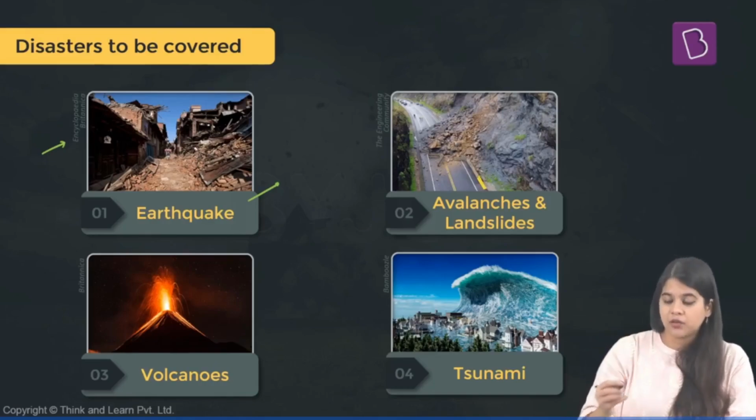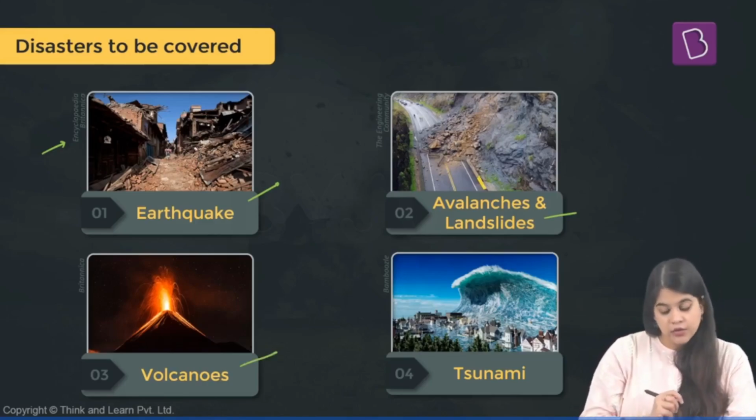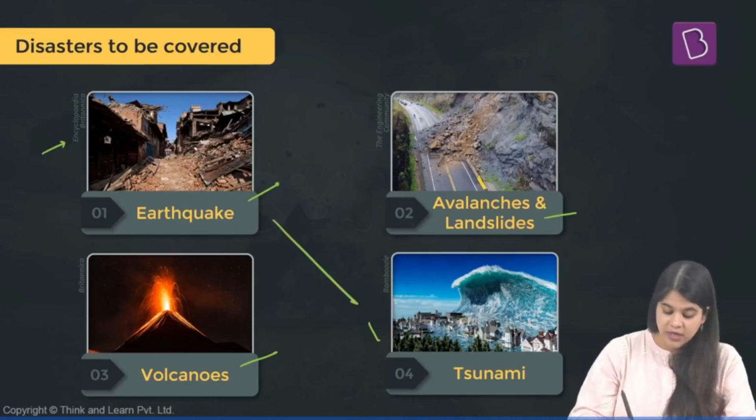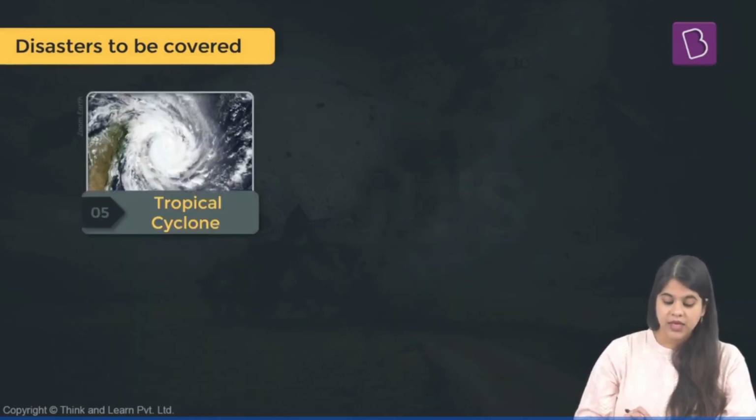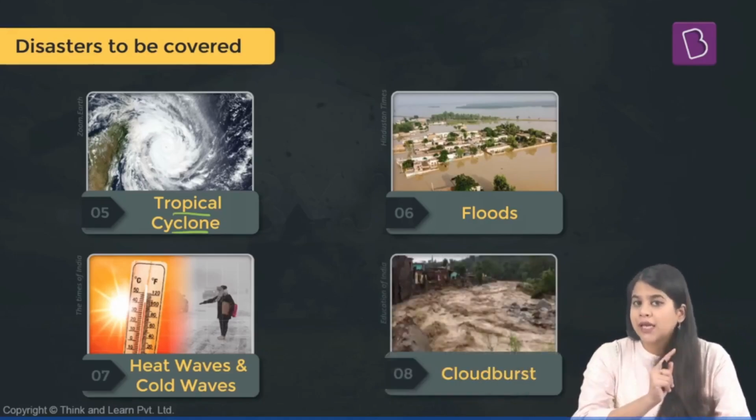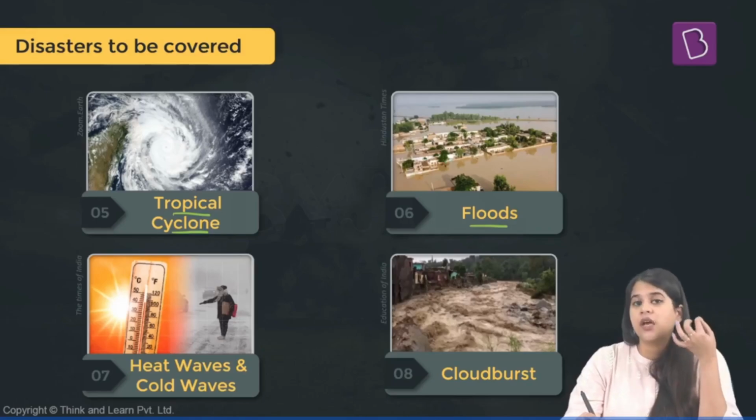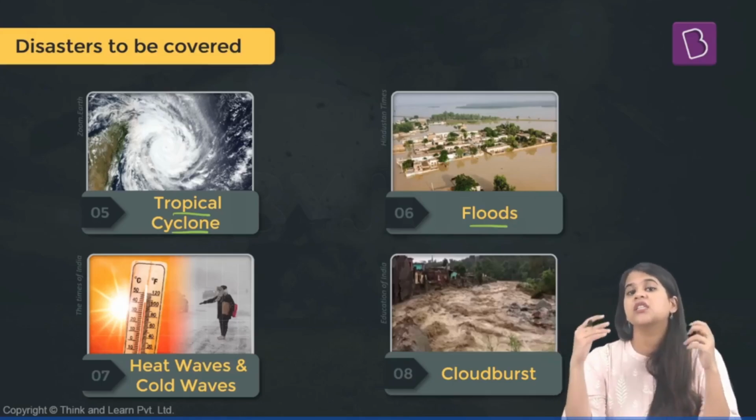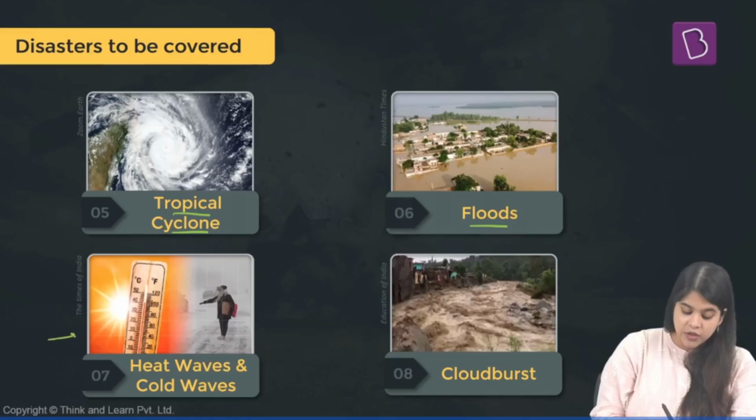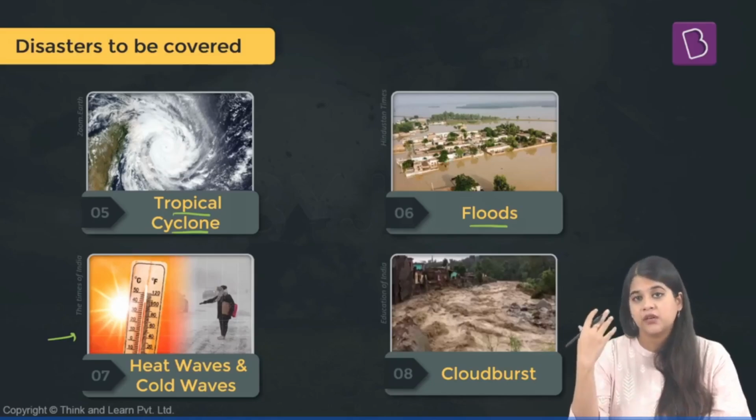Then, in a similar manner, we'll also study about avalanches and landslides, volcanoes, tsunamis that are mainly caused due to either of these three. Then we'll study about tropical cyclones, which are very important for India. Then floods, again a very important disaster when it comes to India, because almost every year one or the other place gets flooded. Then we'll talk about the heat waves and cold waves and how they are being exacerbated by